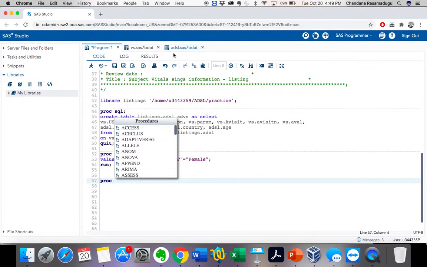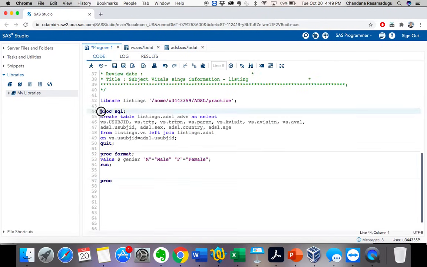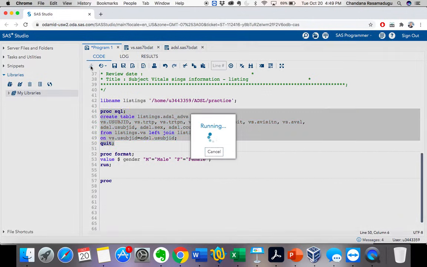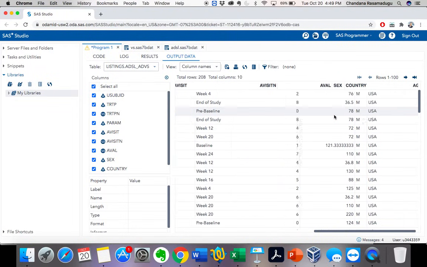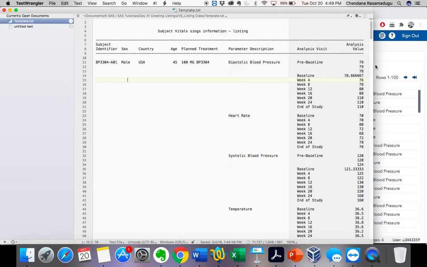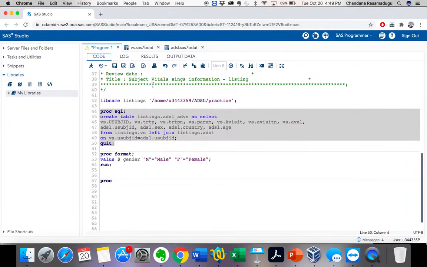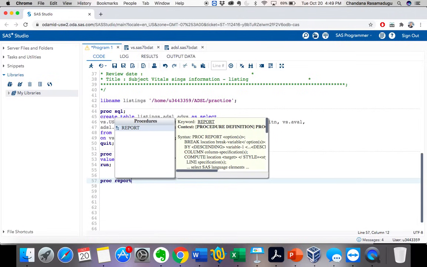By using this dataset, now see here, we have created this dataset, the ADSL underscore ADVS dataset, right? By using this dataset, now we create the report which looks like this. So for that, first we perform subsetting of the data. Okay, so now the next thing is, let's use the proc report procedure, same as tables. Proc report